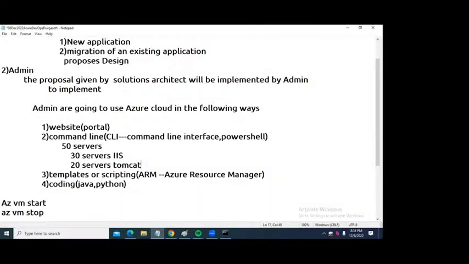If you want to take some values from the keyboard, the command line is not suitable. You have to definitely go to templates or the scripting way. You have to write a template so that whatever values you want to give, you can take those values from the keyboard dynamically. At that moment you can use templates or scripting. And directly you cannot become an Azure developer.